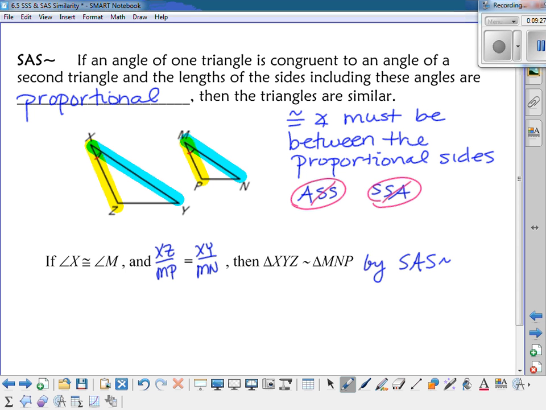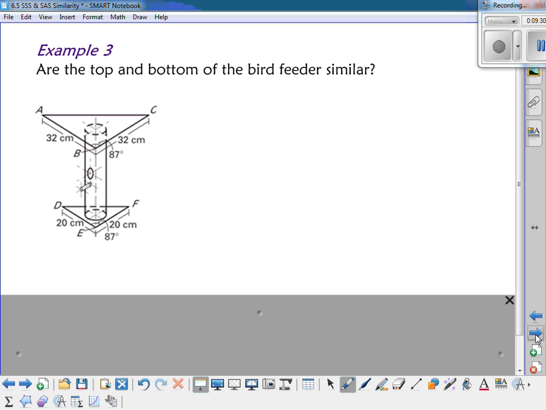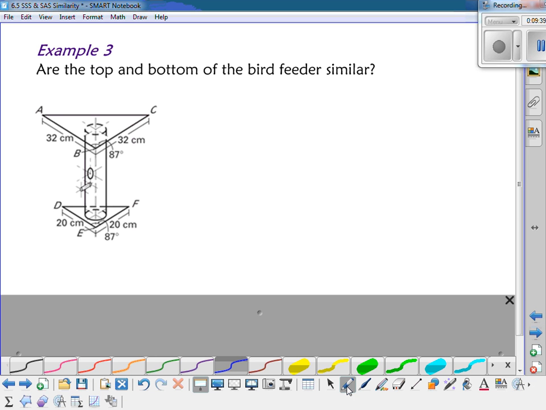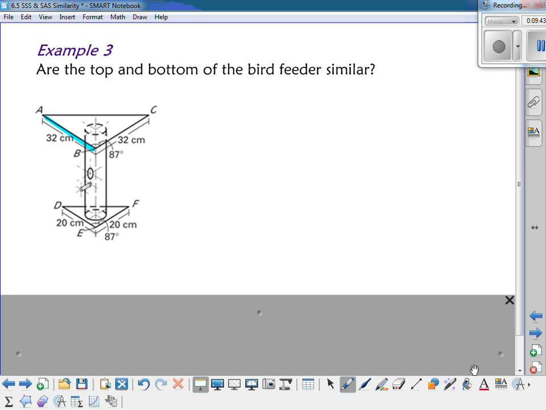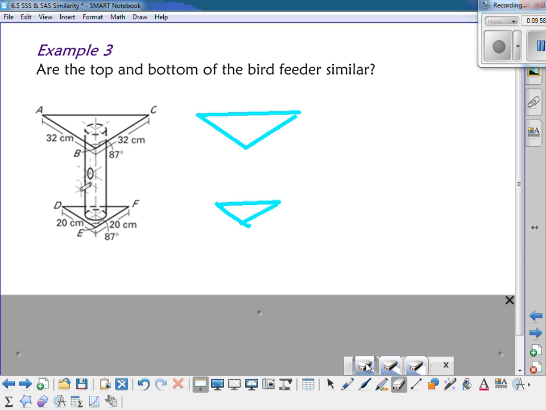So let's look at an example where we use this. Okay, example 3, are the top and bottom of the bird feeder similar? I don't know about you, but I don't think this is a very attractive bird feeder. But really all we care about are these two triangles. So I'm going to move them off to the side here. There's one triangle, and there's my other triangle. All right, so I have that